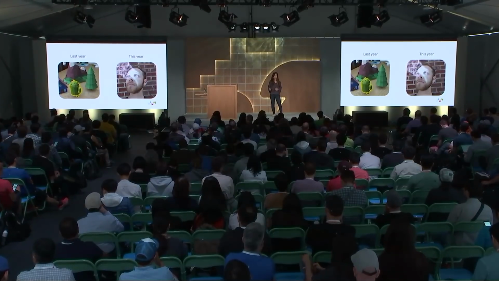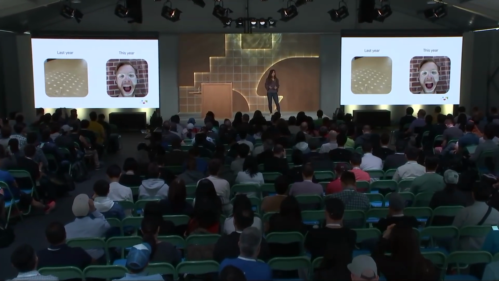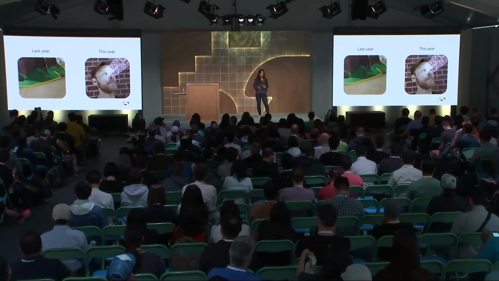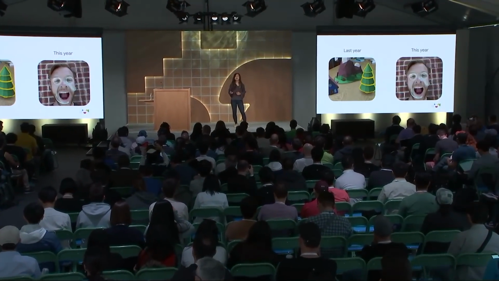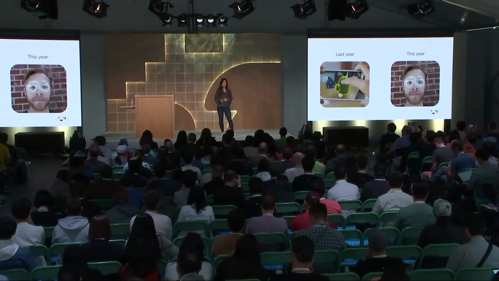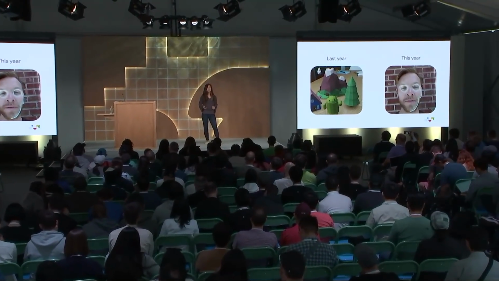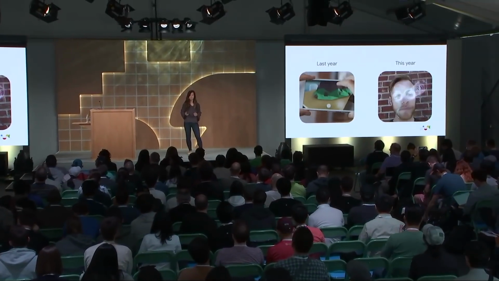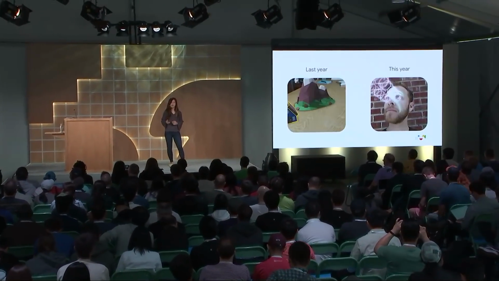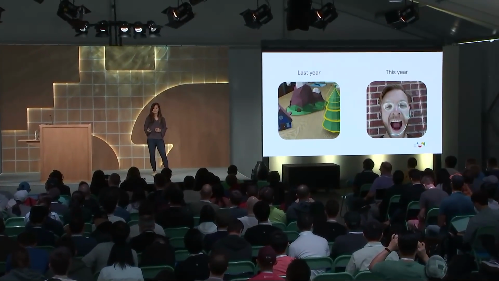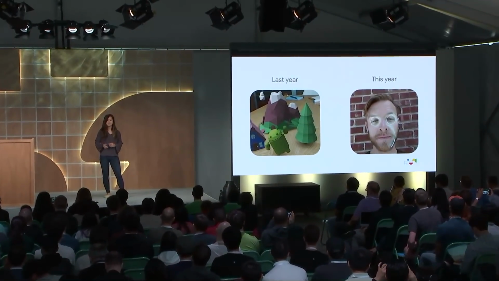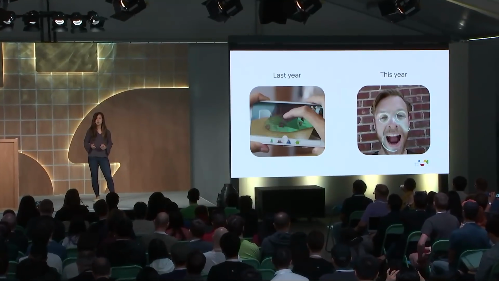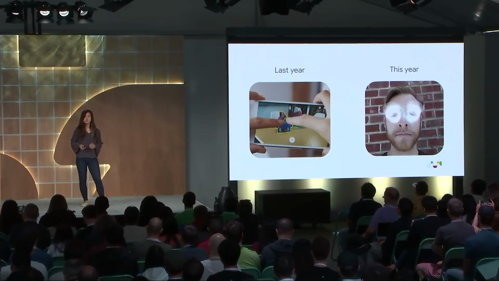AR is all about blending the physical world with the virtual. Last year, we launched ARCore 1.0, aiming to help you build apps that can understand the environment and place objects and information in it. But to truly blend the physical and the virtual, your phone needs to be able to augment people, places, and things in a realistic way. What we're covering here today is the set of capabilities ARCore provides so you can get started doing just that.